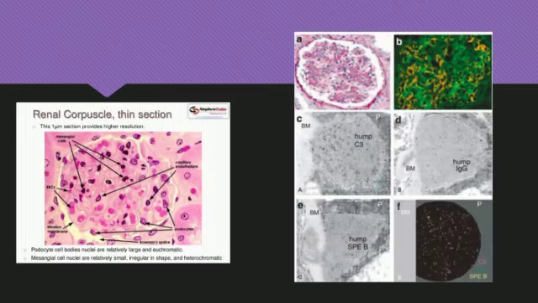Here in this slide, on the left side is the picture of the normal kidney cells and physiology, and on the right side is the APSGN-affected kidney picture under the microscope. In the right side picture, we can see complement C3 and immunoglobulin G humps, while in the normal kidney, these are not present. So it is a pathological alteration of the kidney. In the normal kidney picture, we can see that Bowman's space is less, while in the right side picture, we can see the Bowman's space is wider. So it is also a pathological alteration.